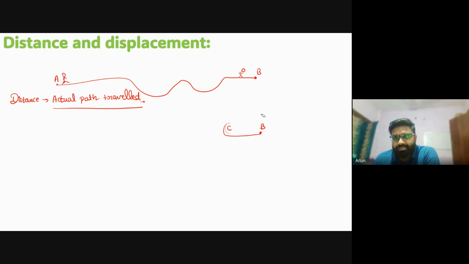But it is not the same for displacement. Displacement has some properties different from distance. So we can define displacement, and then you can easily understand what displacement is. Although I have discussed the meaning of displacement in simple harmonic motion also, so I think that you have very good conceptual clarity on this topic. What the displacement is. So here it is the distance